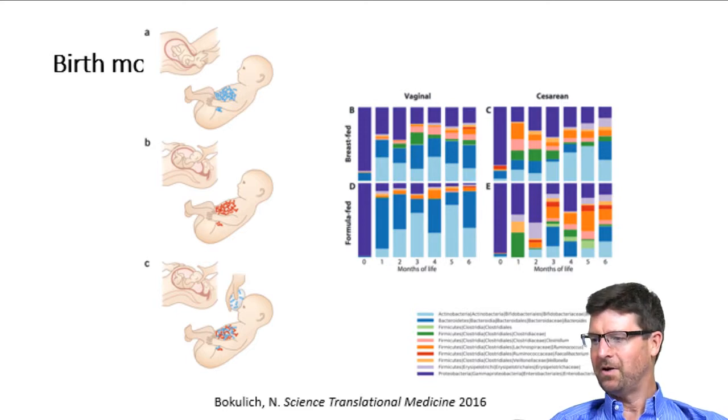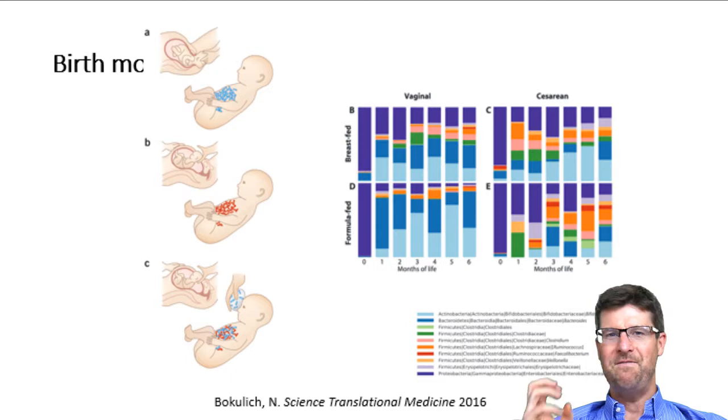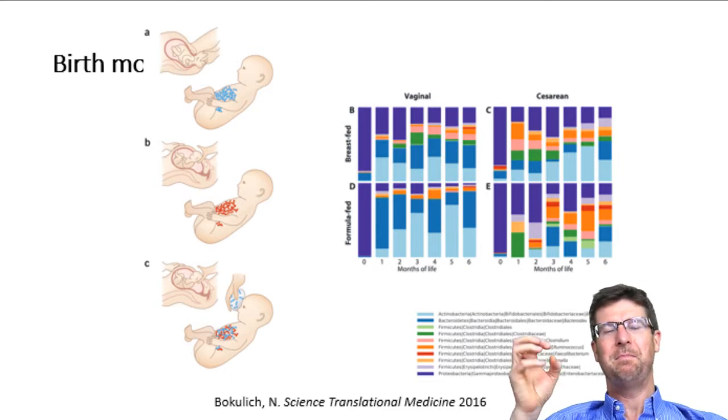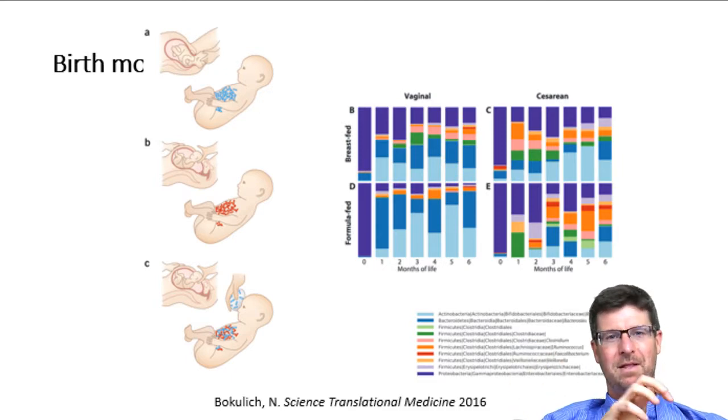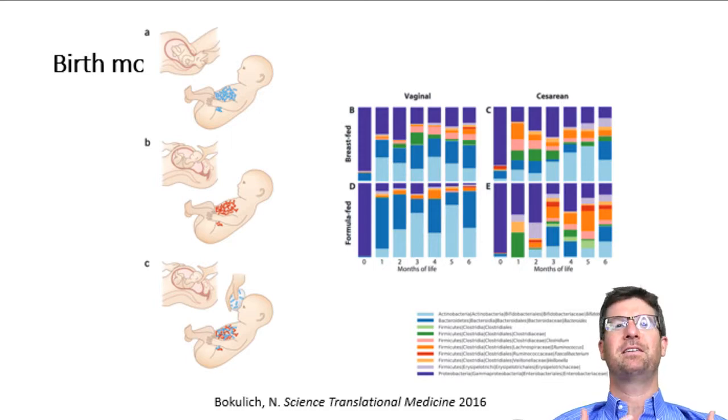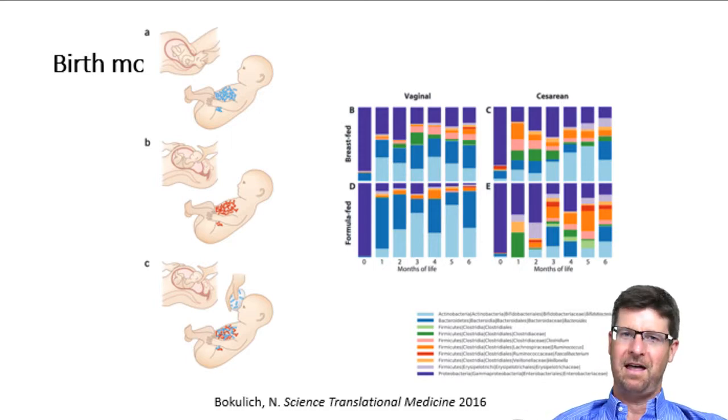So what Maria Gloria Dominguez Bello did with colleagues is that they took vaginal swabs that had been placed in mom's vagina and then swabbed the baby's mouth. These are babies born by cesarean section, to try to restore that very early